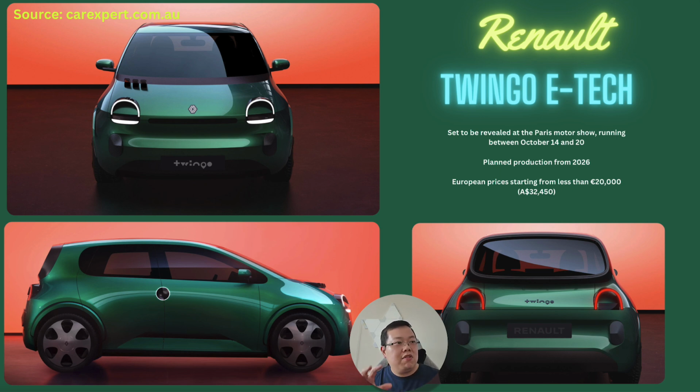So it looks really cute, really small. The curved lights to me kind of make it look like eyes, like cheery eyes. What do you guys think? Do you like it? I think it's a tiny car, so hopefully it's got decent range, good enough for you guys to get around the suburbs or, you know, as a city car. So, fingers crossed. All we know is planned production from 2026, roughly